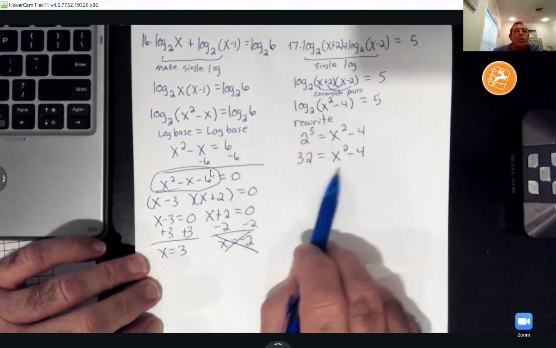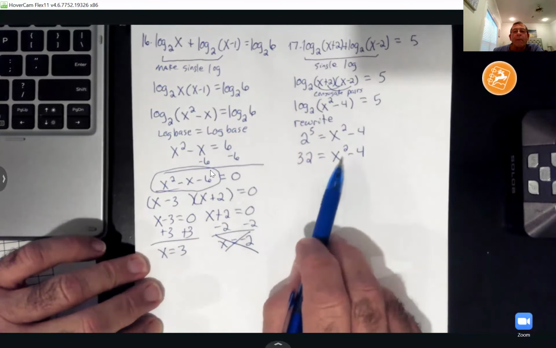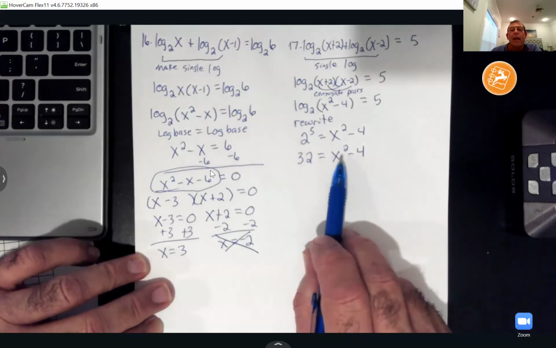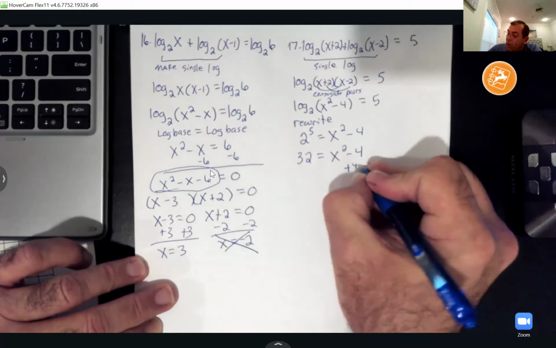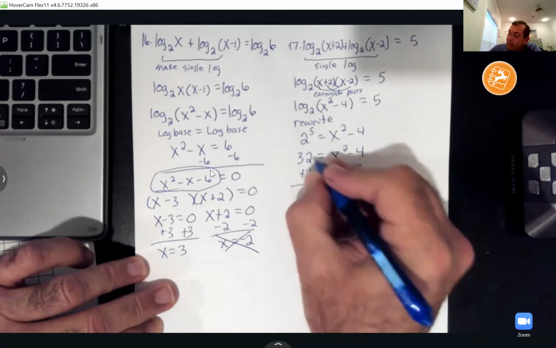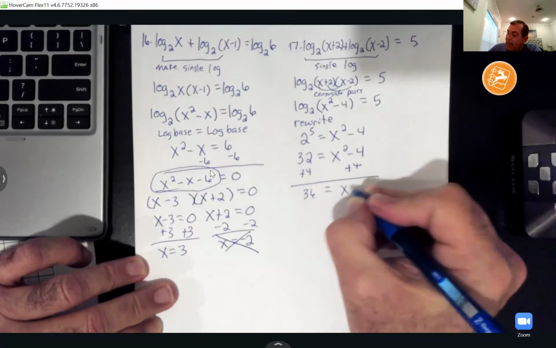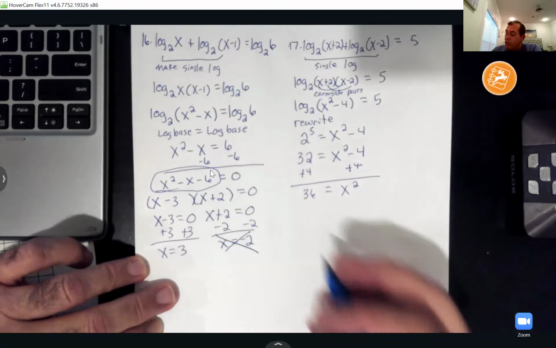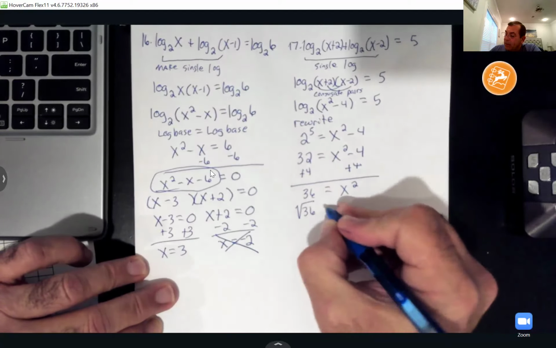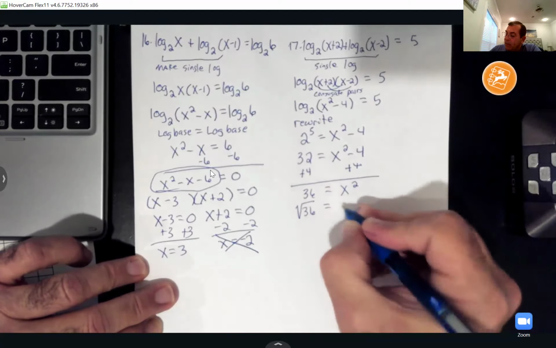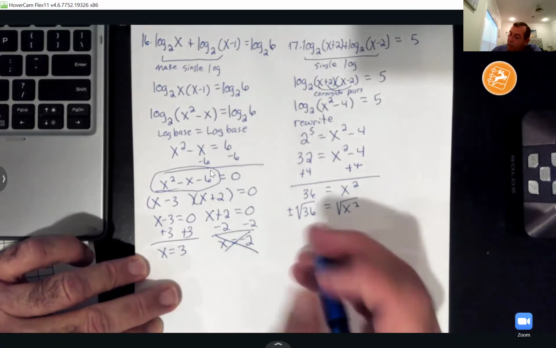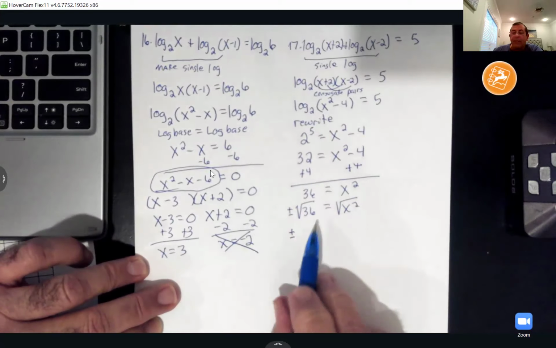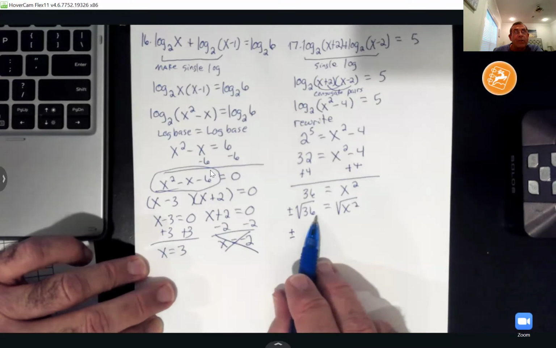Now, what I like about this one is since I don't have an x term like I did over here, I just got an x squared and numbers. I'm going to get the x squared by itself and do the square root stuff. So I'm going to add 4 to both sides. 36 equals x squared. Then we're going to square root both sides. Now remember, the square root's a positive and a negative, right? We've always put a plus or minus in front of our square root. So that I get a plus or minus square root of 36, which is 6,